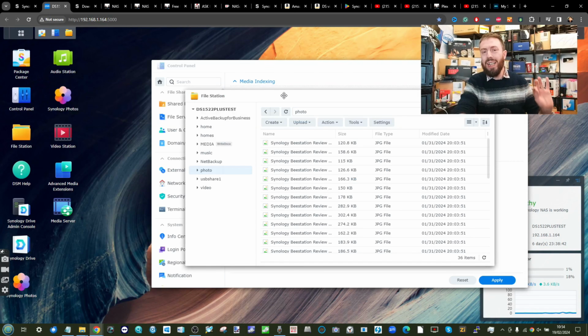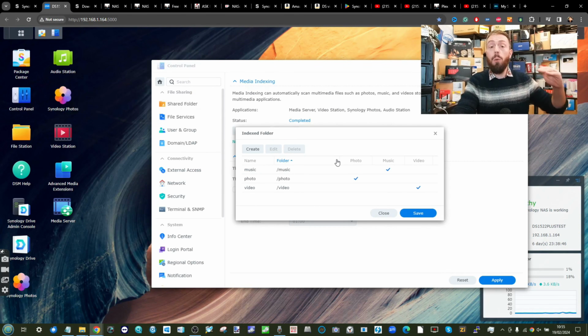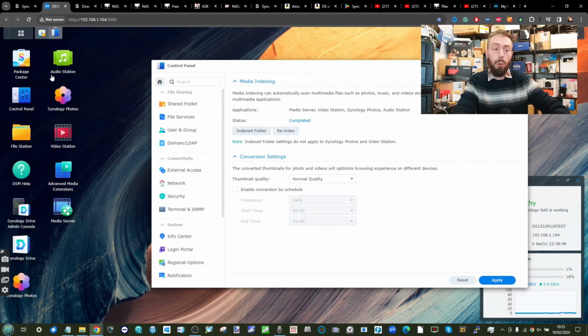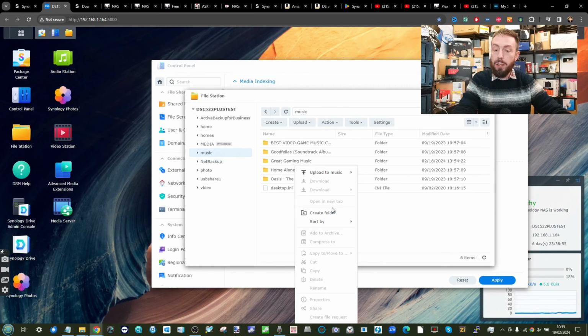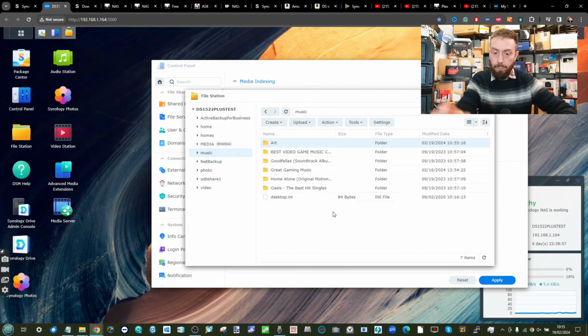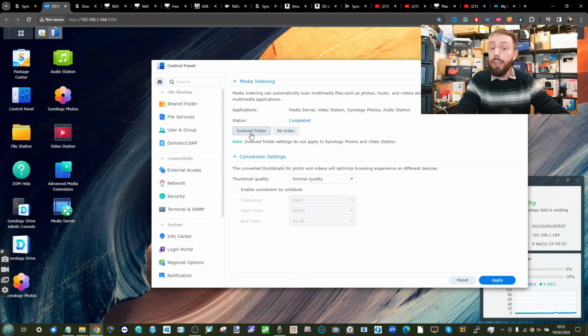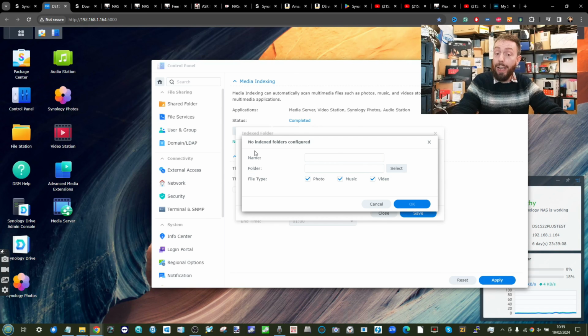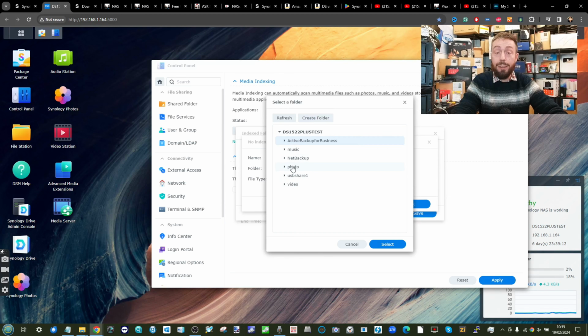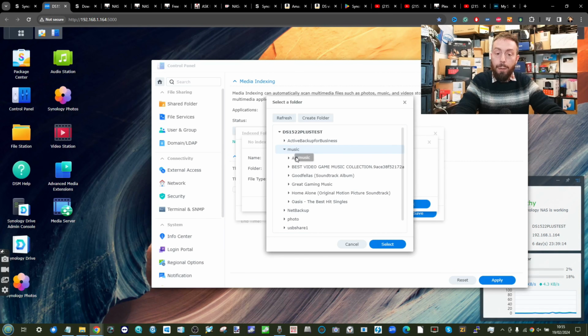What if you've got prerequisite and already pre-created folders that you already use for media? For example, in File Station here, I've got a folder deep within the music folder here that's art. Now, what we can do is we can head into the index folder option. We know there's going to be photos in there, so we can select create, and then from there give ourselves our new folder within the system, find the folder we've got there, go in, and we can